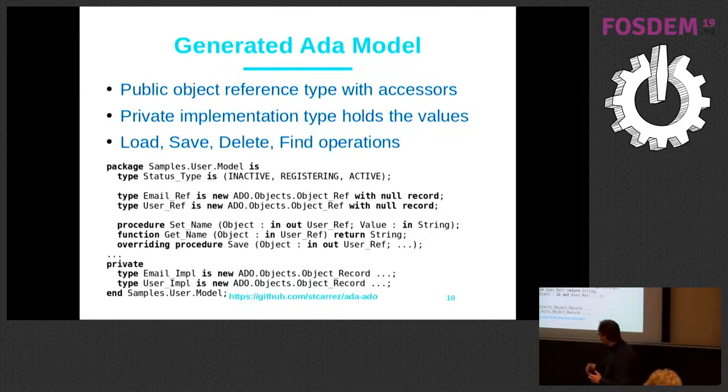The core implementation is in fact hidden in the email implementation, which is a private type, and this private type will contain all the columns that I have presented, including the relation. When you modify a name, for example, it will manage whether the field is really modified or not.